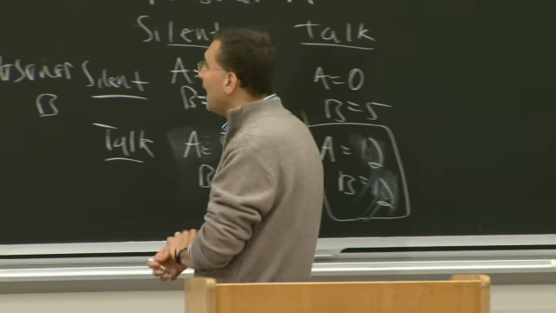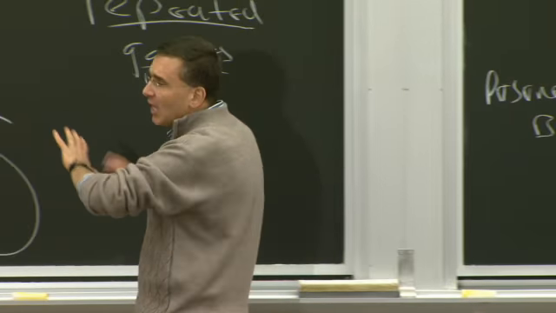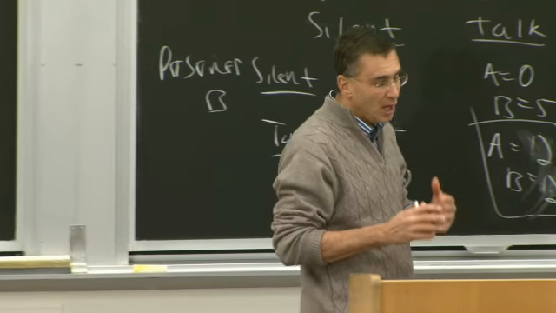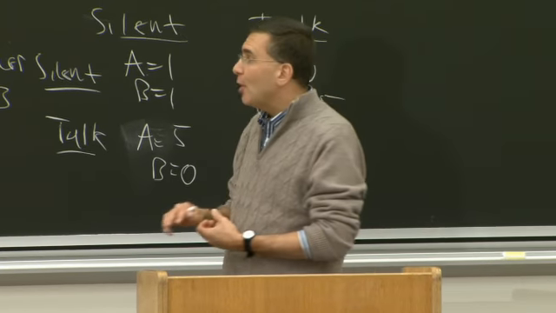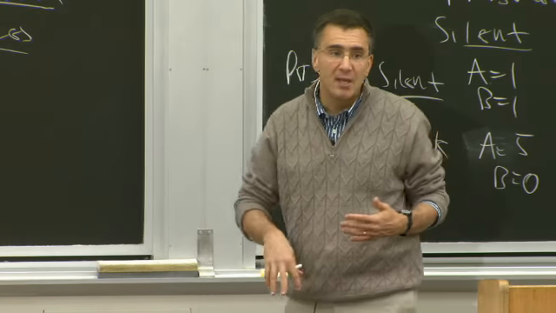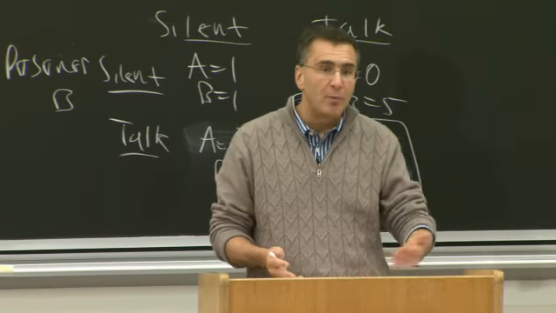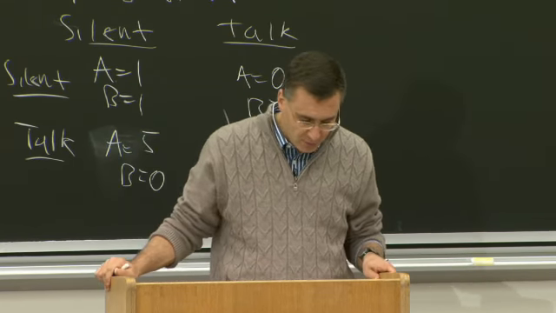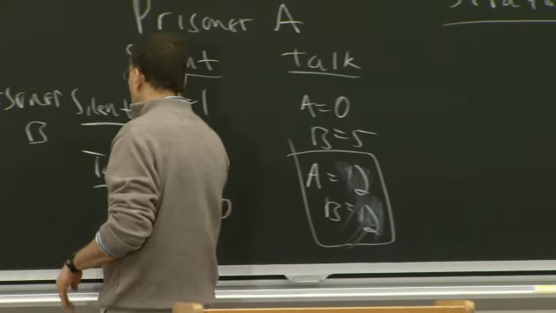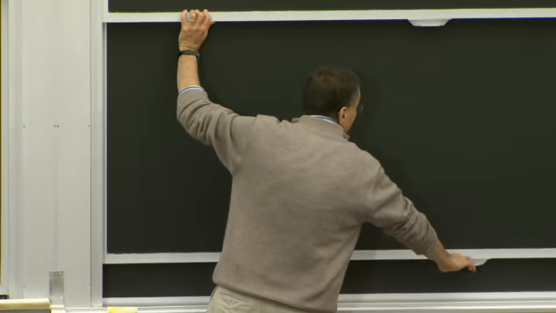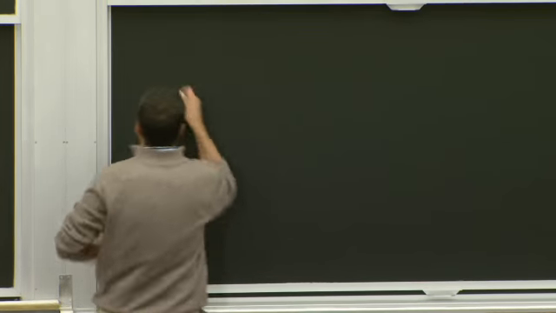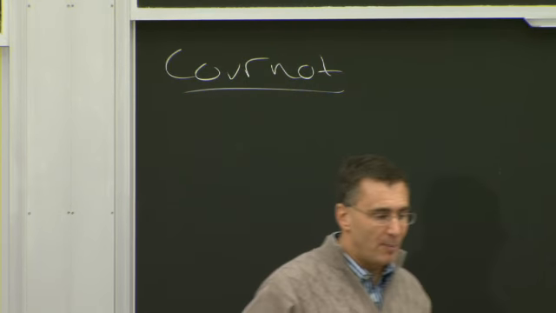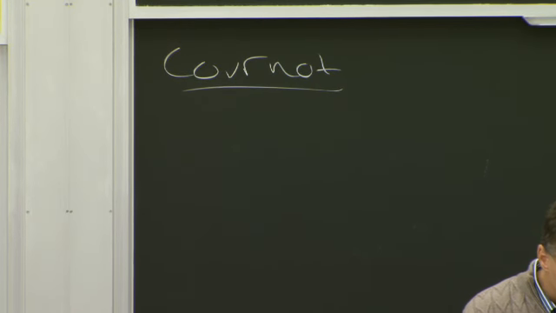Okay. Having done that, we're now going to leave aside these more interesting dynamic issues and focus on a specific example of a non-cooperative oligopoly. Because once again, this is all fun intuitively, but we want you to be able to work through a problem. And the way to do that is to move to a specific simplified example. The example we're going to focus on is called the Cournot model, the Cournot model of non-cooperative oligopoly.